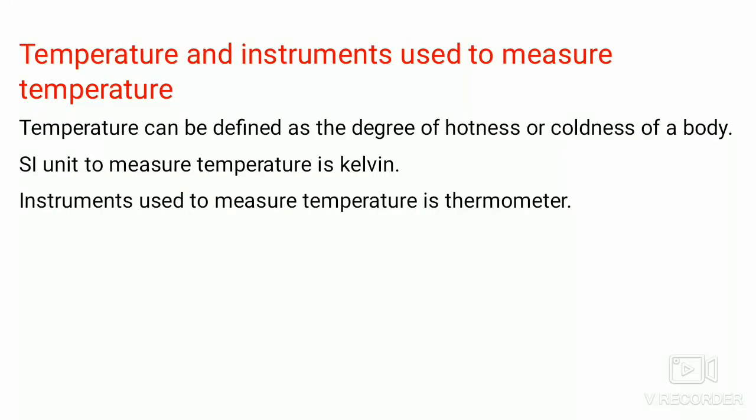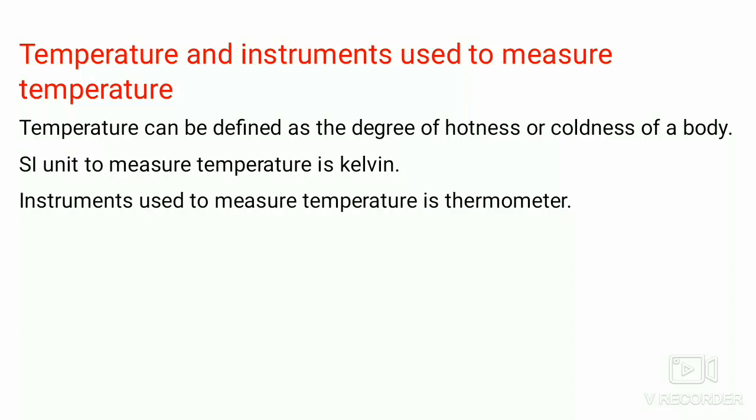Let us come to the last physical quantity to be done today, that is temperature. Temperature is a degree of hotness or coldness of a body. We usually talk about how cold or how hot the day is, how hot the milk is, how cold the glass of juice is. To understand these things clearly, we have the physical quantity temperature, which is defined as the degree of hotness or coldness of a body.